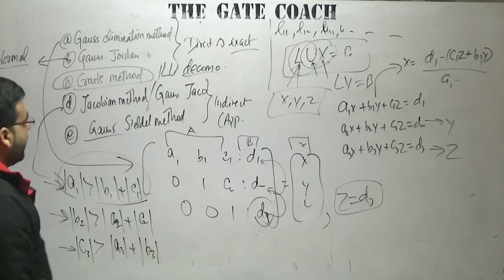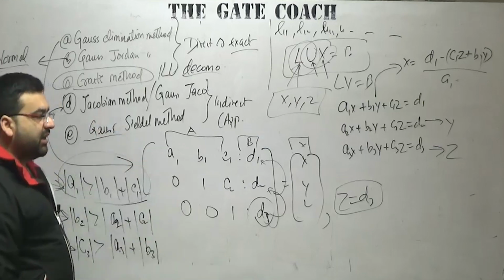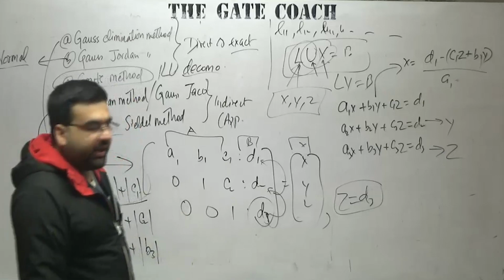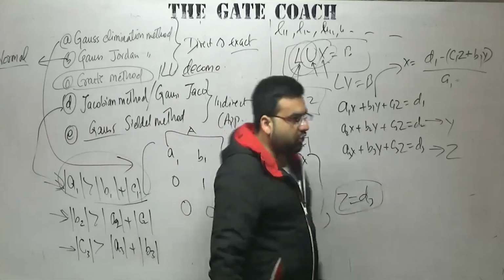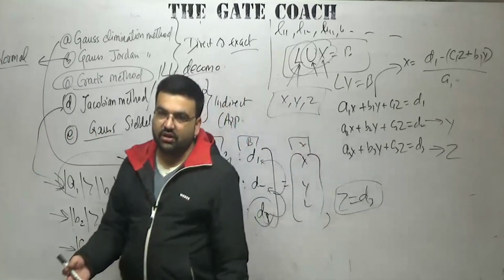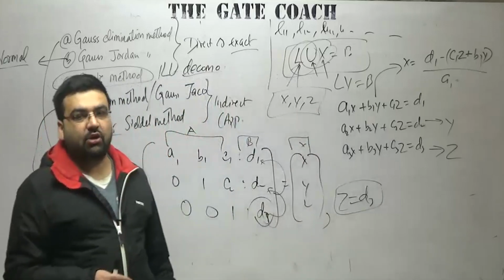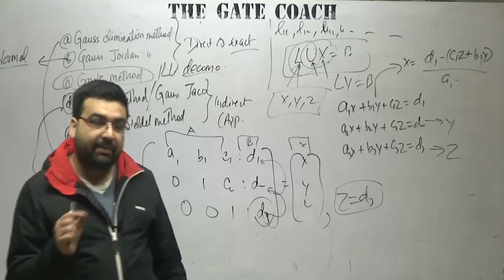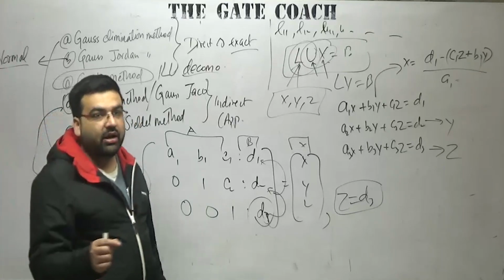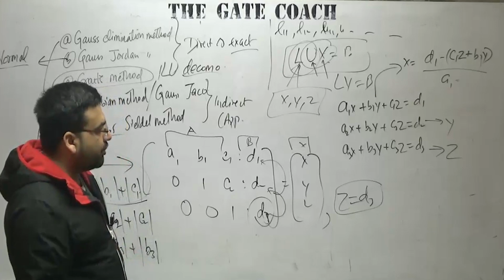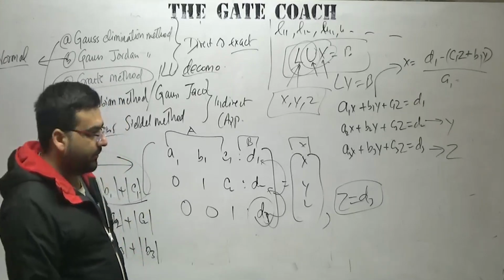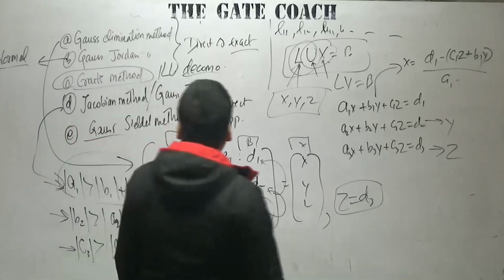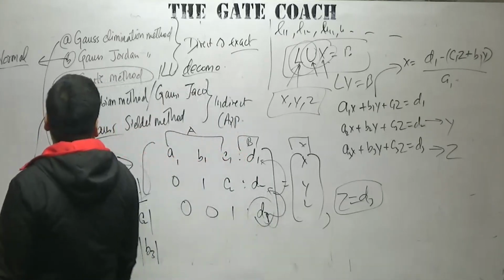You just keep on repeating it. After some time, you will see that you are getting repetitive roots. Repetitive means that x5 is coming out to be 0.34376 and x6 is coming out to be 0.34377. So a very small gap is there, 0.00001. It means that the approximate root of this equation will be 0.34, whatever it is. So this is what the Jacobi method or the Gauss-Jacobi method is.